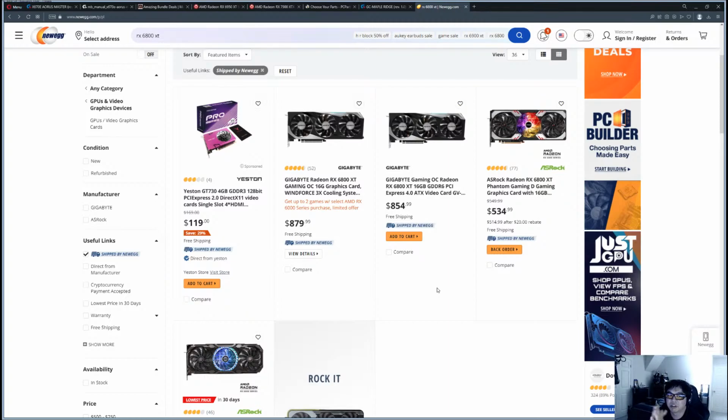Those GPUs aren't going to show up until well into next year. If I had to guess, February, March is when you can expect the 7800 XT. And then probably April, May, well, probably June